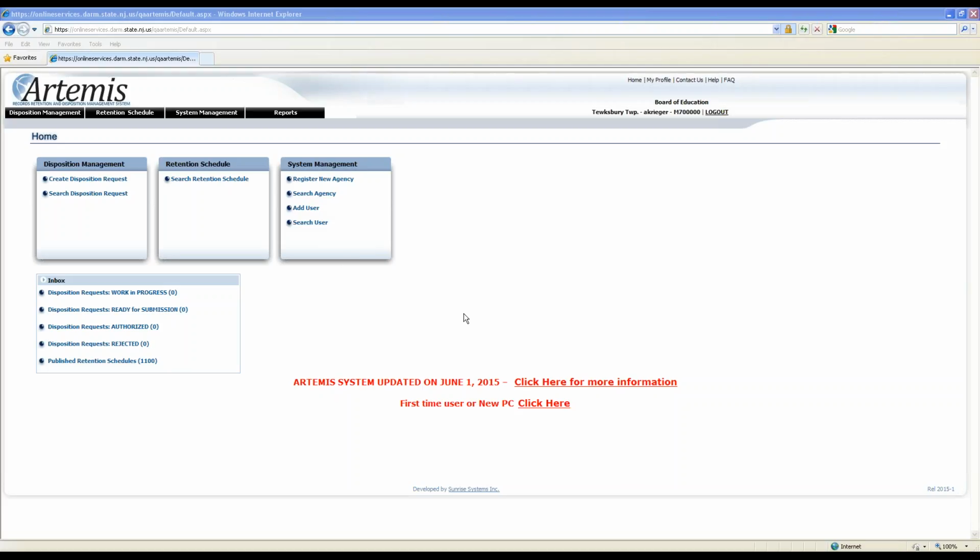But if you have a record that doesn't have the word copies next to it, then the person who's the original owner of that record or maintains that record is the only person that has to ask for approval or submit a disposition form to request disposal of that record. Sometimes you'll see record series that say, for example, original purchase order copies. If you have a copy, then yes, you have to submit a request to destroy those copies. So I hope that answers your question.